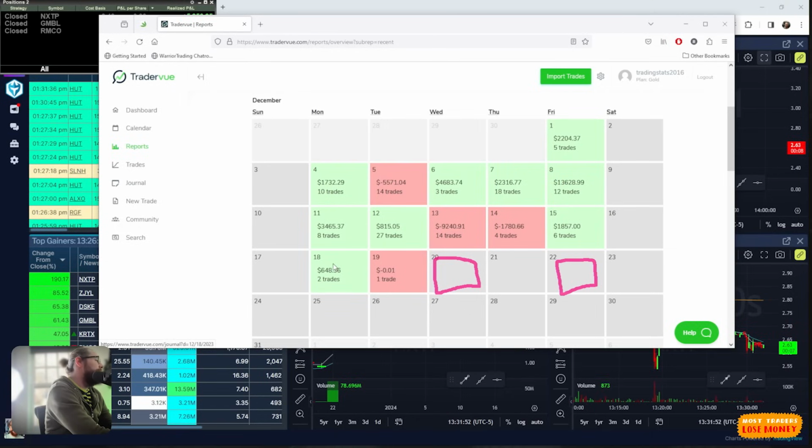But in net, I'm going to be red on the week. The gains on Monday were small. Tuesday was nothing, whatever. Wednesday, I finished red. I was down 9,200. I did recoup a little bit of that loss. By the end of the day, I finished down about 6,500, so I recouped maybe 3,000 of it. But minus 6,000 plus 4,700. So even adding that 600 here, I'm still down like $1,000 on the week. So that's kind of a bummer,